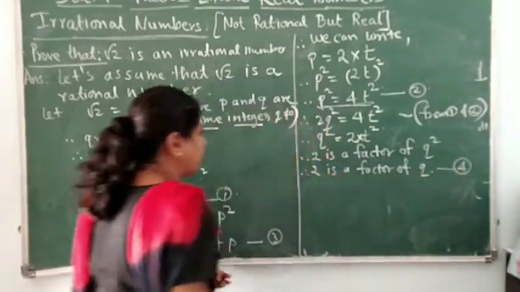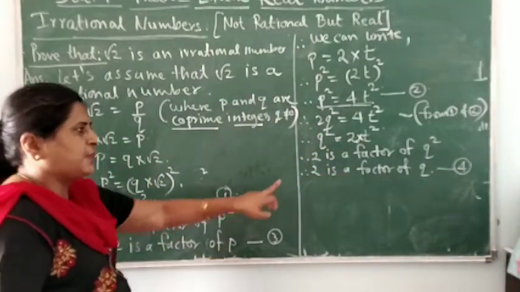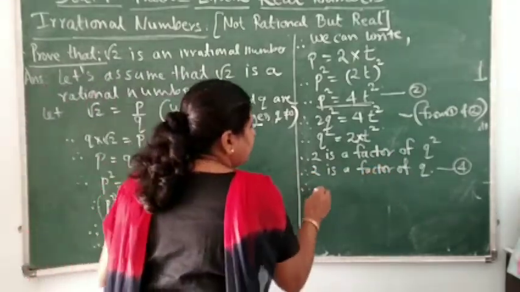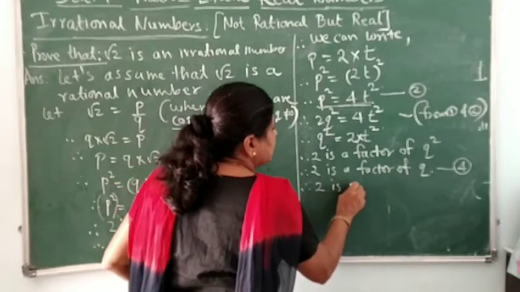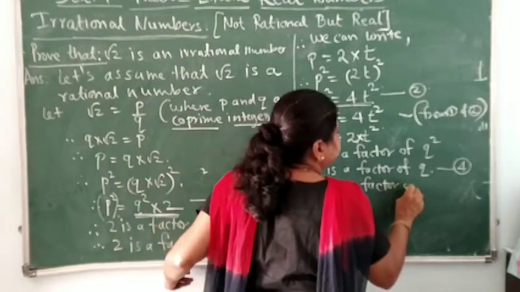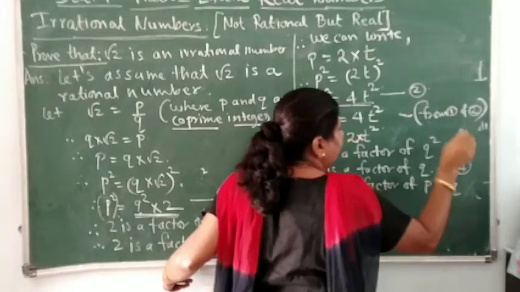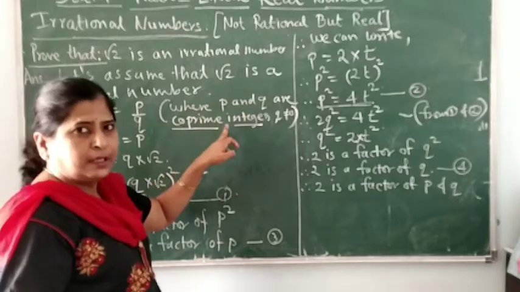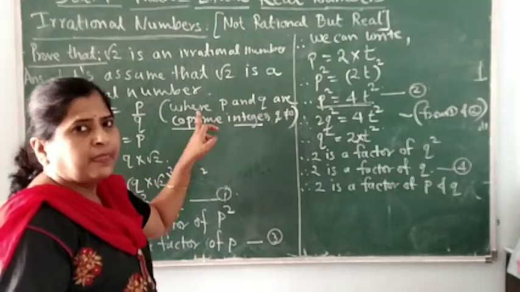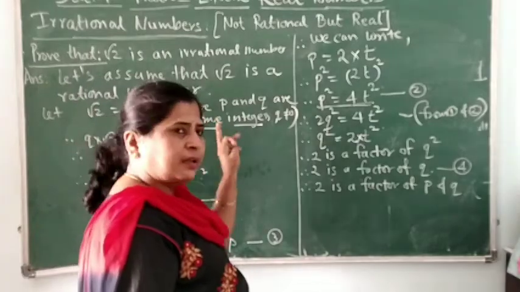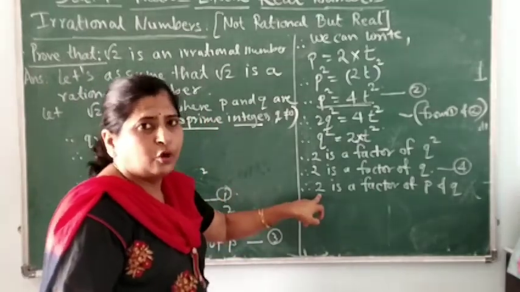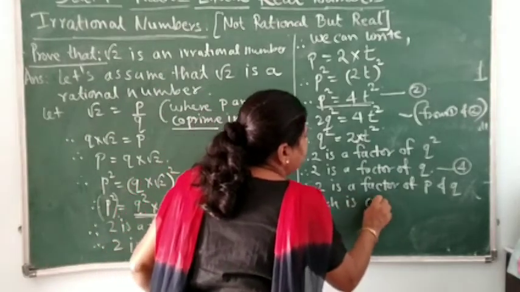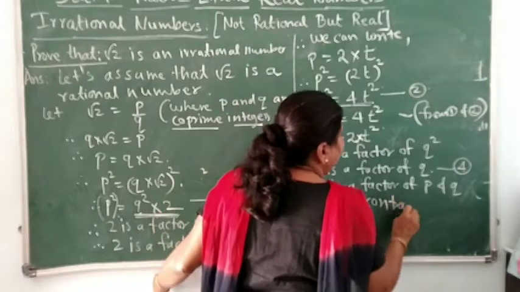So what do 3 and 4 tell? 2 is a factor of p as well as 2 is a factor of q. Now this is a contrast, so we can say that from 3 and 4, 2 is a factor of p and q both, correct? But here what we have written is that p and q are co-prime integers. When they are co-prime, it means that they do not have a common factor other than 1. And here what did we get? We got 2 as a factor. So we can write which is contradictory, means not matching, contradictory,